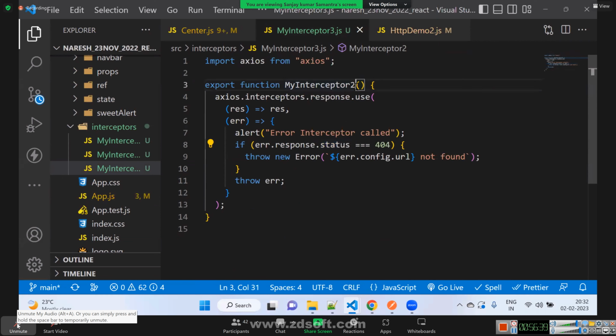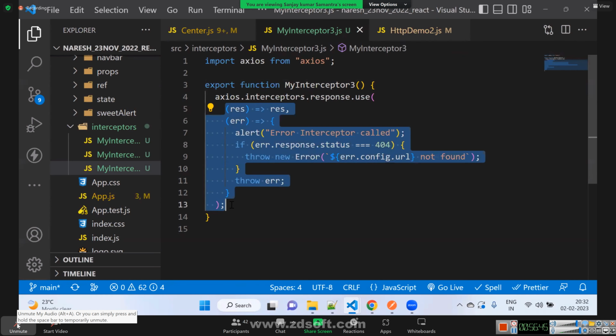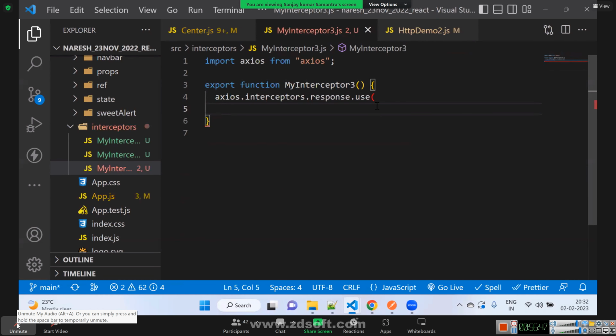So here in my interceptor 3, what I'll do is use axios.interceptors.response.use.